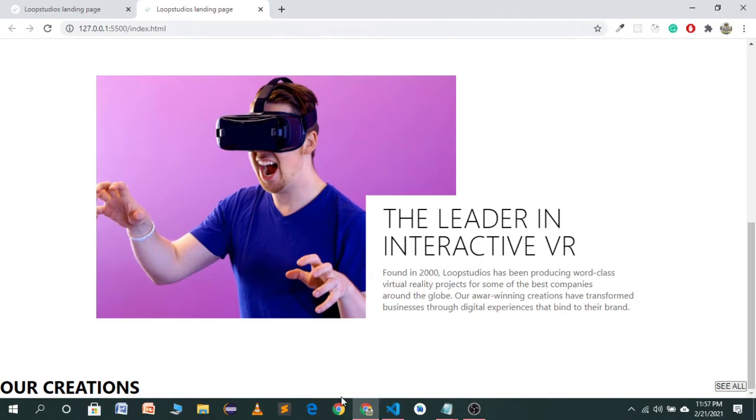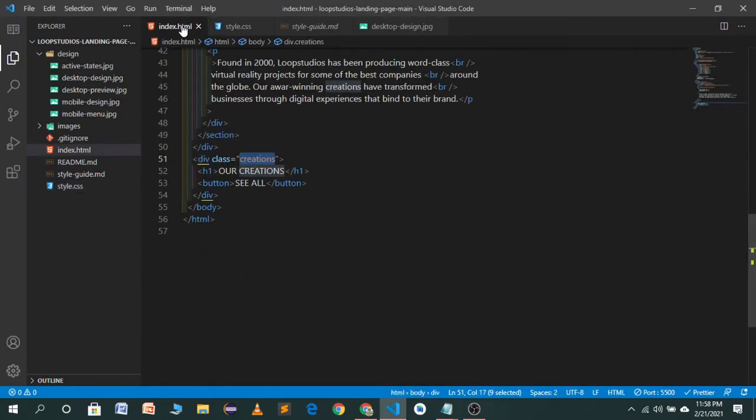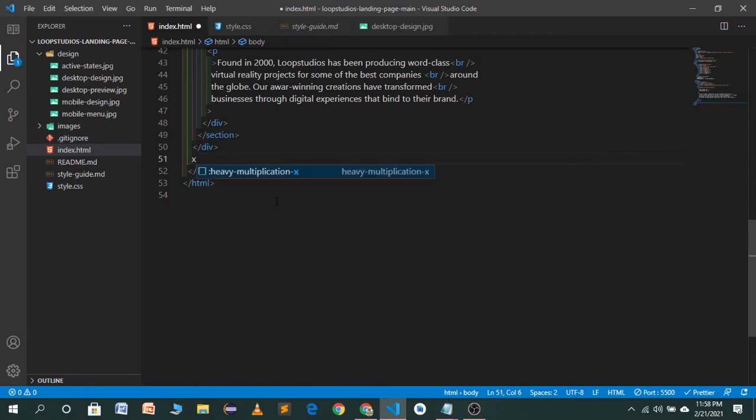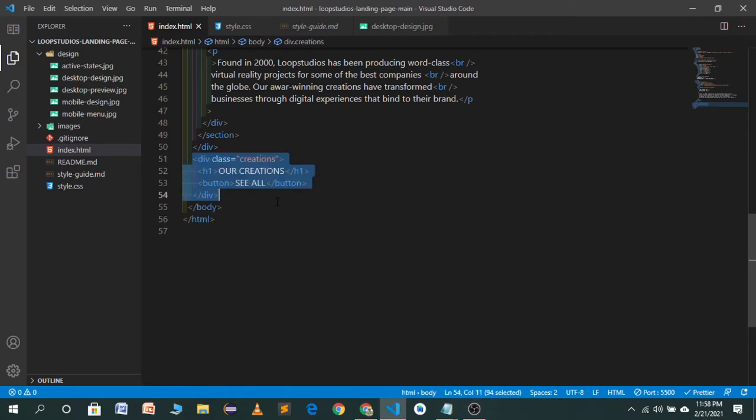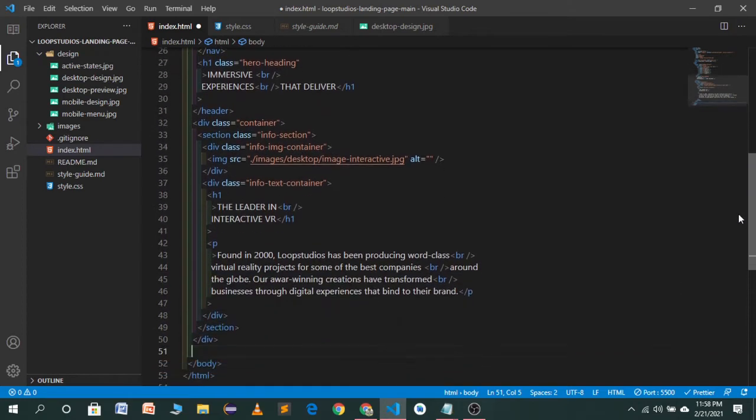As you will see, it's not looking good because we want this text in a container. So let's copy this creations section. I can cut it from right here and we want to use it in a container.